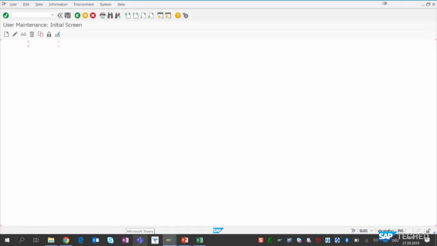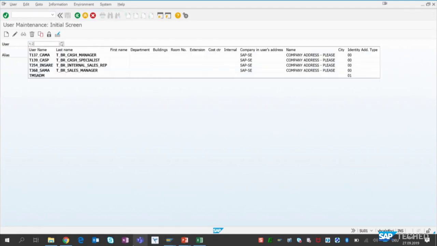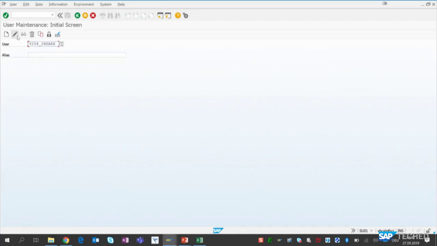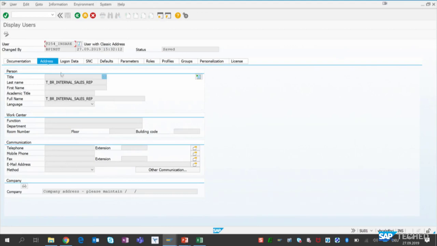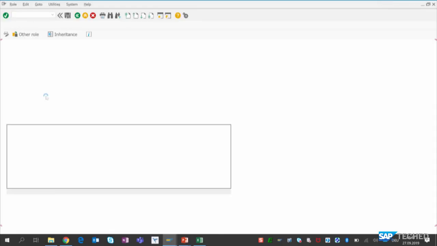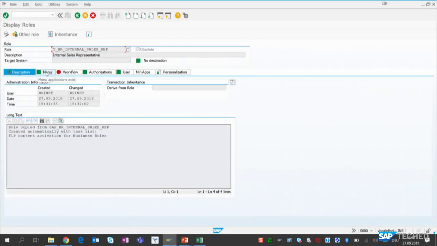So all of this is done now, and just to see that you believe me, I go to user management, enter the generated ID of this user. So this number is just generated to get unique IDs. So this is the generated user. It uses the generated role with prefix T plus the generic Fiori Foundation user. If I navigate to the role, so forward navigation to PFCG,